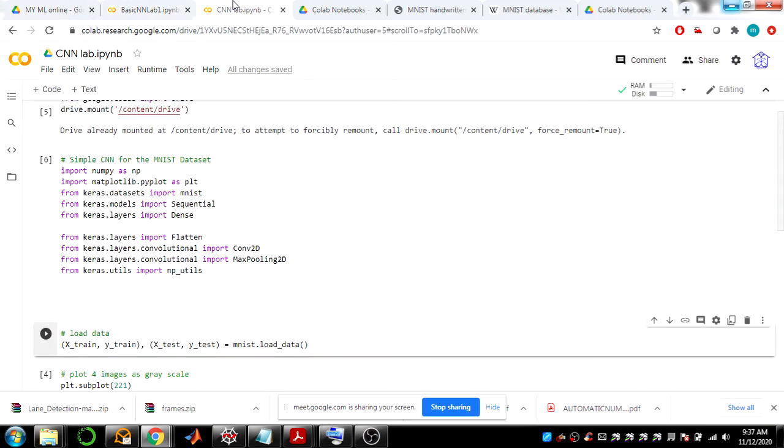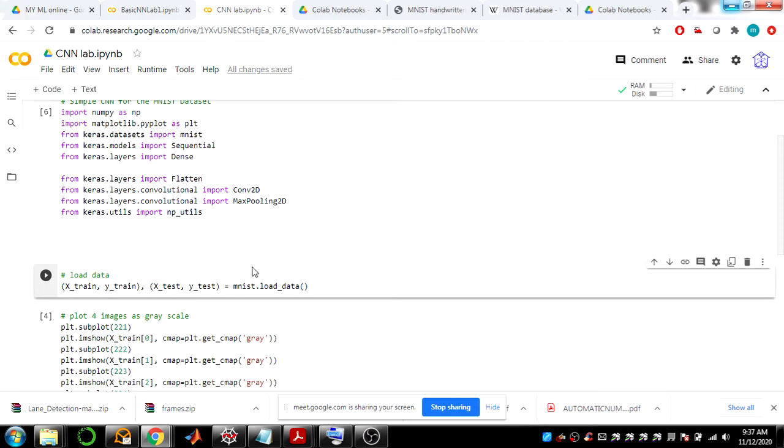We have loaded it, and if you want to see how the images look, you can display and plot them. Here I am creating a subplot 221. You know about subplots, right, Akshata? It will just create multiple axes, and I am using matplotlib's plt.imshow to display the image on the subplot.